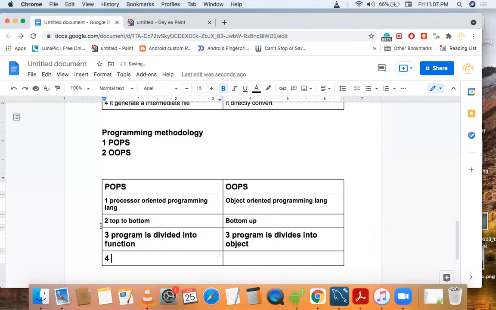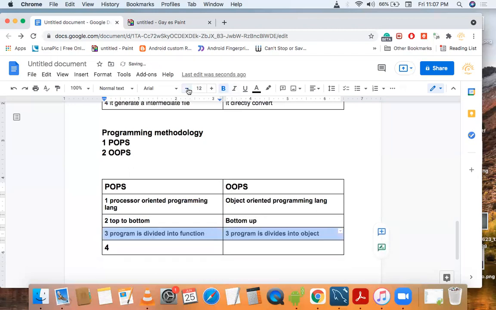The fourth difference is that POPs has no access specifier, which means all variables and functions are public, so anyone can access them directly.